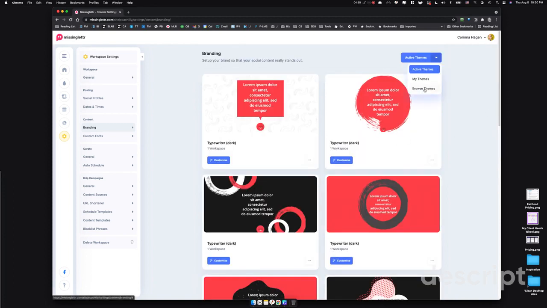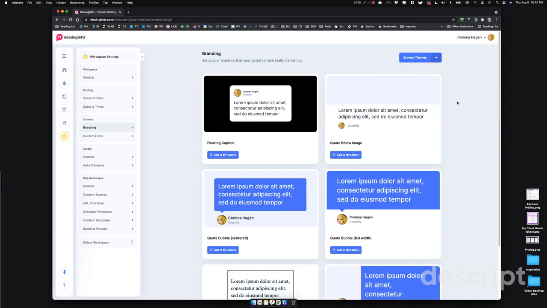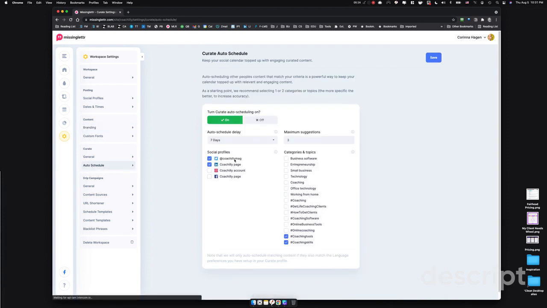But there's also a set of pre-made quote bubbles that you can then customize. So you can go in here and customize it with your own color schemes. And there's more than what you see here. I deleted a bunch of them, but there's a good library to start with. You can create custom fonts. You can adjust the schedule to when you actually want to post.